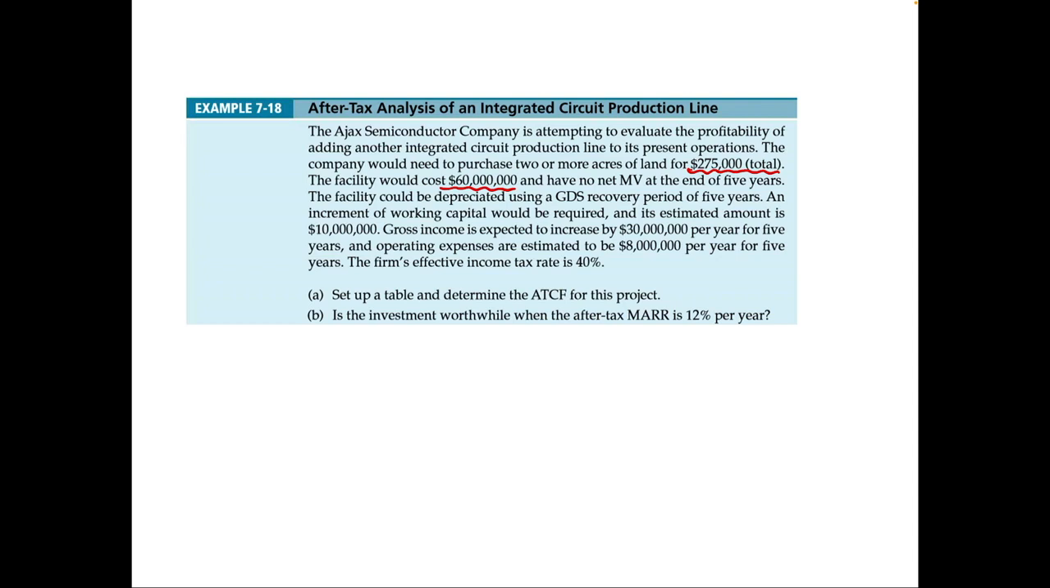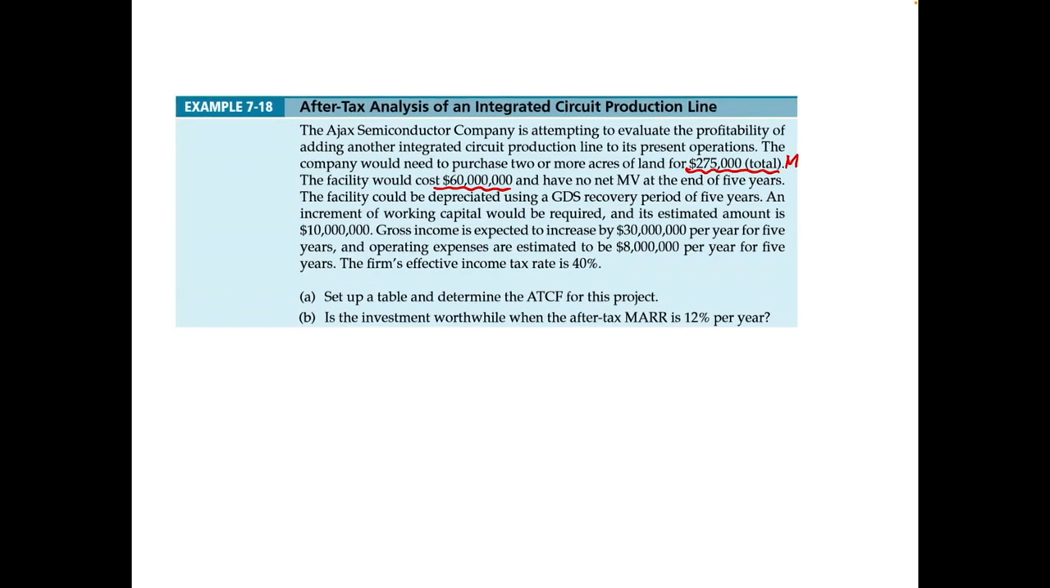But you need to understand for the land, you have the MV, you have the value left, okay? Because the land is the land, it's not depreciated. It's still there. So after 5 years, you still have 275,000 worth of land. That's kind of your MV, okay? And